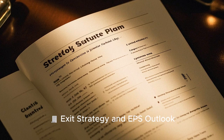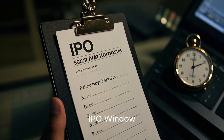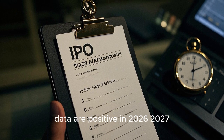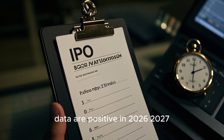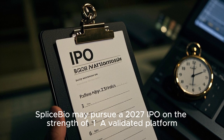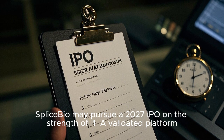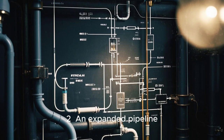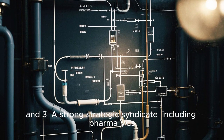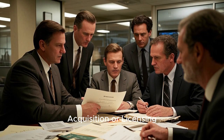Exit strategy and outlook, IPO window. If SB007 data are positive in 2026 to 2027, SpliceBio may pursue a 2027 IPO on the strength of 1. A validated platform, 2. An expanded pipeline, and 3. A strong strategic syndicate including pharma VCs. Acquisition or licensing: